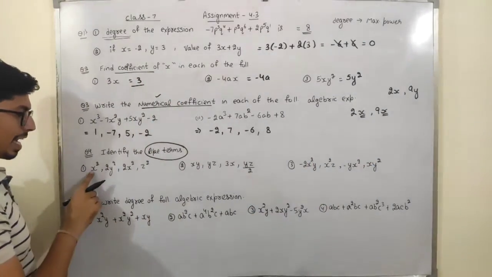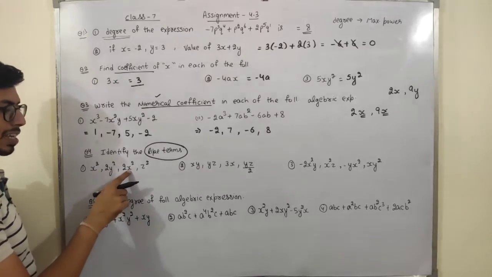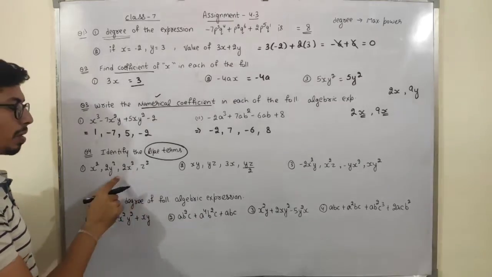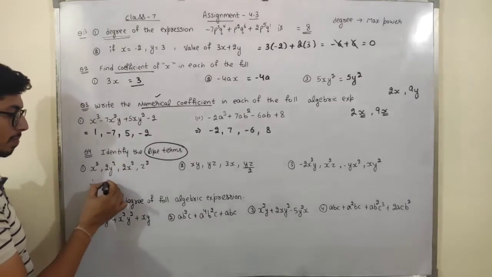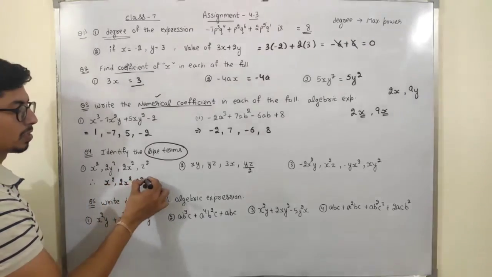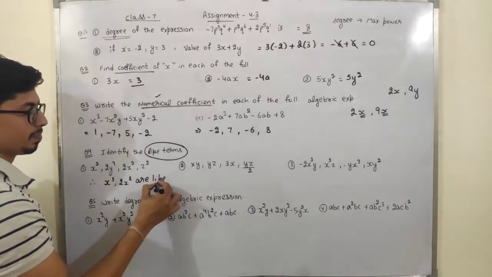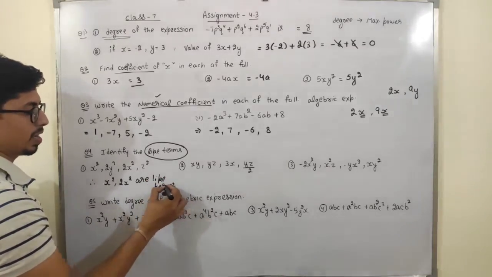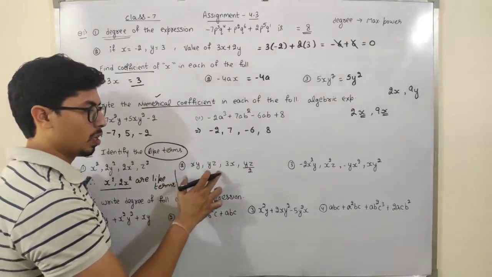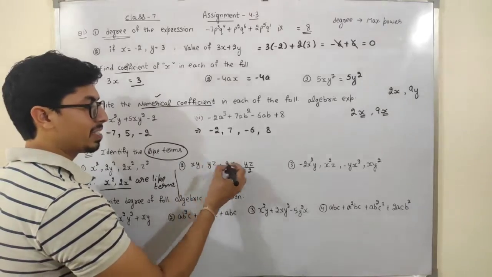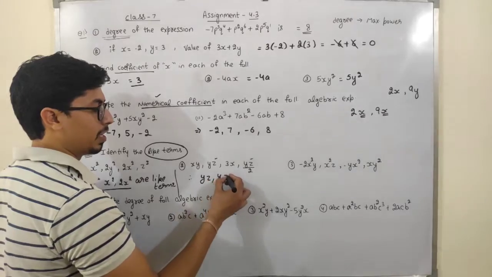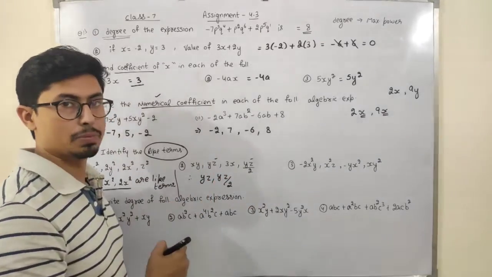See, and this x square is here. Okay, this x square is here. So these two are like terms because see, this is y square and this is z square. Both of these are different. Therefore, x square comma 2x square are like terms. Okay, so this is our answer. And in this, students, if I take xy, no xy is there, okay. If I take yz, yes, yz is there. So therefore, yz and yz by 2, these are the like terms.